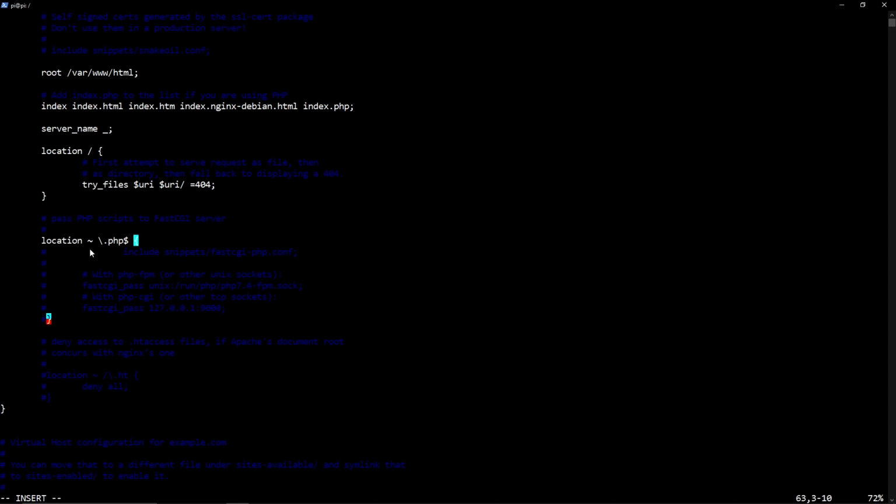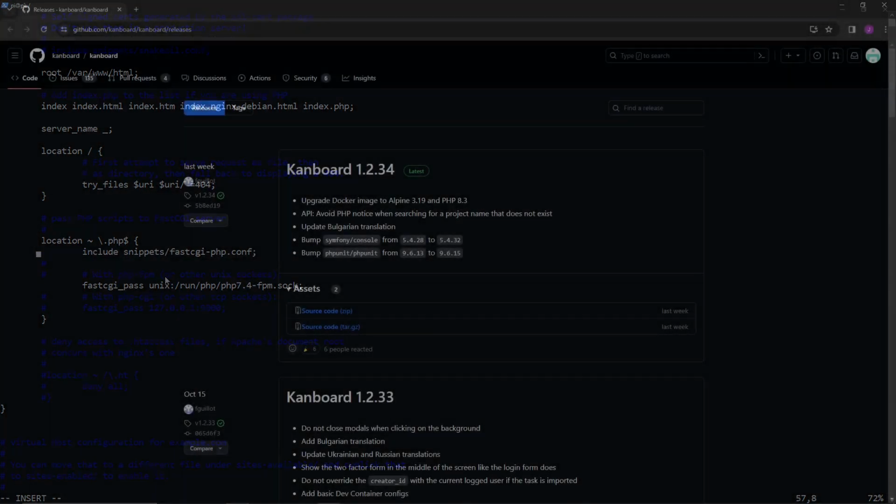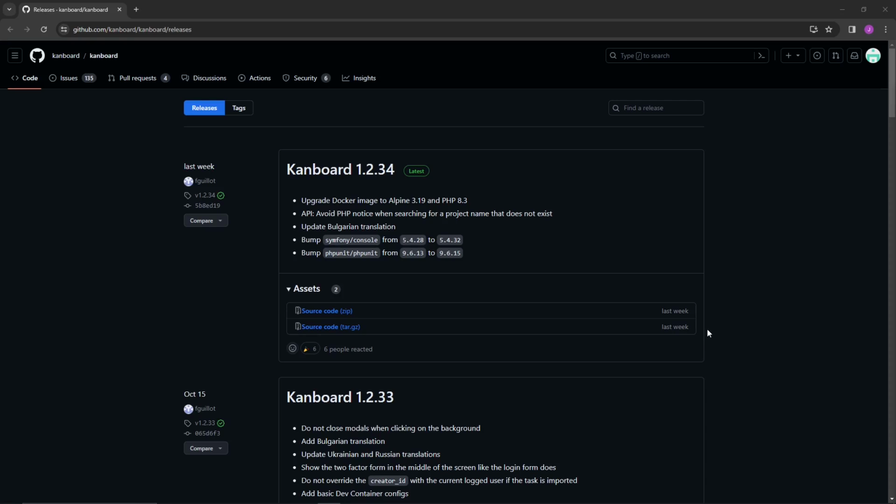So just go ahead, take out that curly bracket comment, take out that one, and then take out that one. All right, so once you make those necessary changes to that configuration file, you're going to want to go over